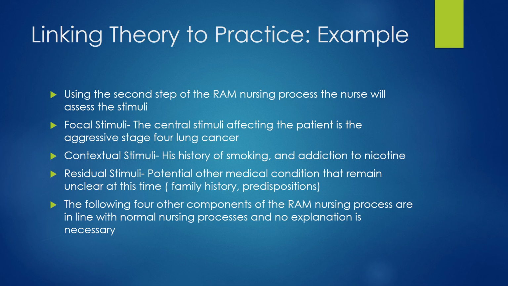Using the second step of the RAM nursing process, the nurse will assess the stimuli. The focal stimulus here is the central stimulus affecting the patient. It is the aggressive stage 4 lung cancer that has metastasized. The contextual stimulus is his history of smoking and an addiction to nicotine. The residual stimulus is the potential other medical conditions that remain unclear at this time. Examples of that are family history,